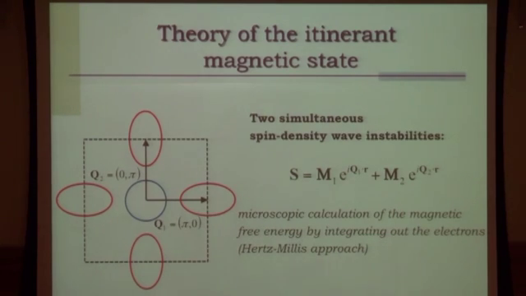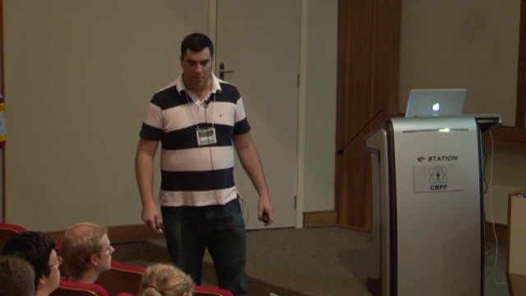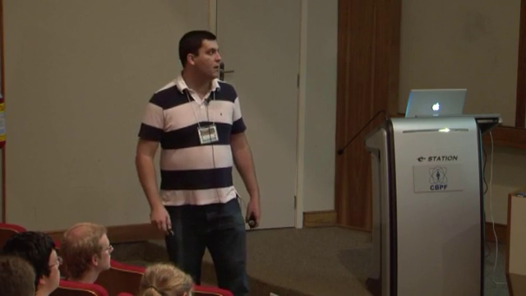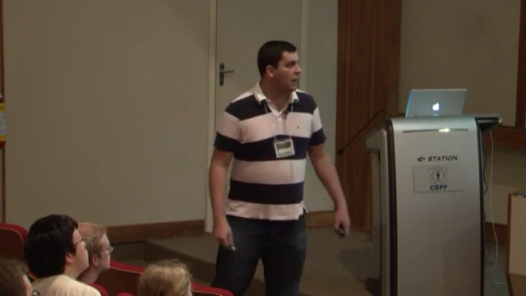If I write the most general spin operator in terms of these two instabilities, it is a linear combination of these two. But in the pnictides, as I told you earlier, you find either (pi, 0) order or (0, pi), never a combination of them. How do you understand that? Well, to answer this question, we need to calculate the energy: what is the free energy of these states, and show that the one that minimizes the energy is the one where either M1 is 0 or M2 is 0, but not both of them non-zero at the same time. How do you do that?